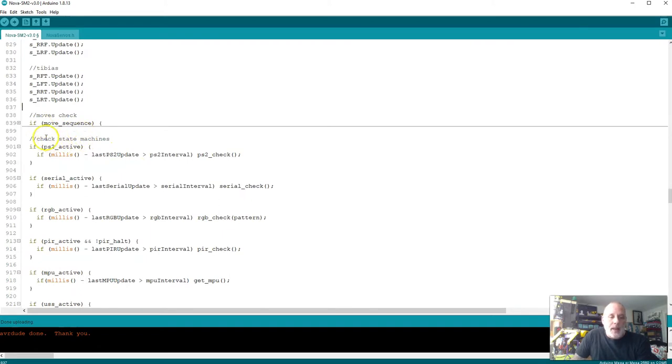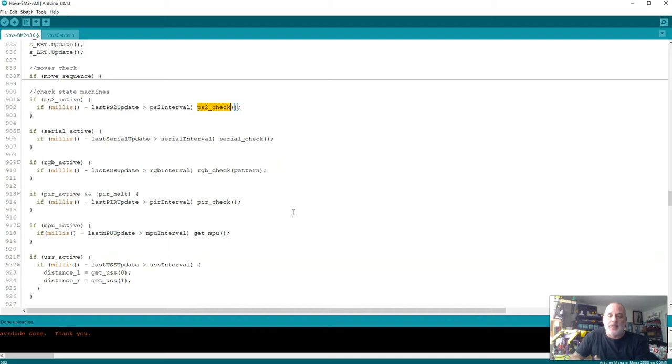So what I do down here now, where I say check state machines, first I check if that piece of hardware is active. If it is, then I check its state machine. In particular, its own state machine. Like I explained, each piece of hardware has its own state machine. And then if it's active and the state machine is ready to fire again, then it fires that function which handles that piece of hardware. Okay? Now that works with almost all of this. I've had very few things cause any kind of interruption with each other. The only two tricky ones that I'm running into is the MPU unit, because that's something